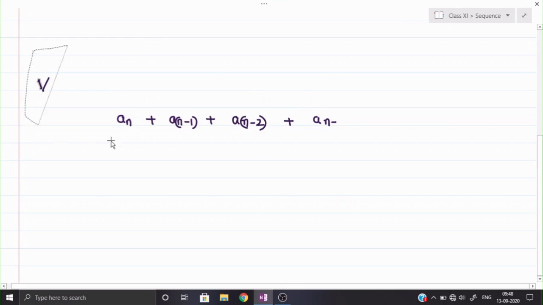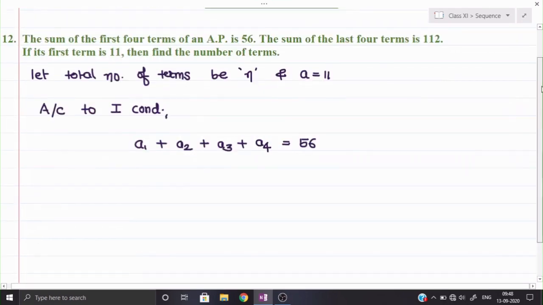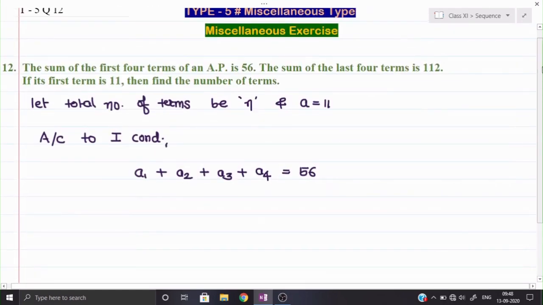Yes, this is the last one only. Okay, see, by mistake we applied the formula of GP here. Since questions of GP were coming repeatedly, I applied the formulas of GP only. So A1 is A only, but A2 will be A plus D. The question is given for AP. A3 will be A plus 2D, and A4 will be A plus 3D.